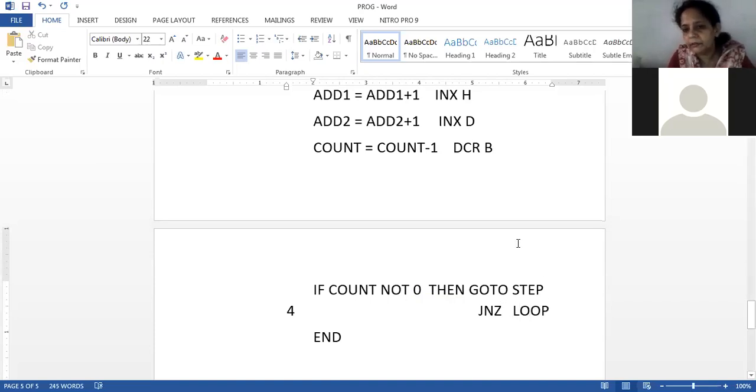That means if the B value is not 0, it will again and again go to that particular step and execute those steps. And then the end is nothing but HLT, or many times you use the RST1 instruction, which in practical you will use. In theory you will use the HLT instruction.